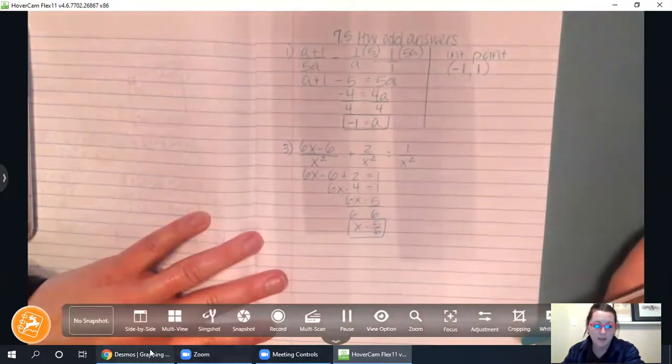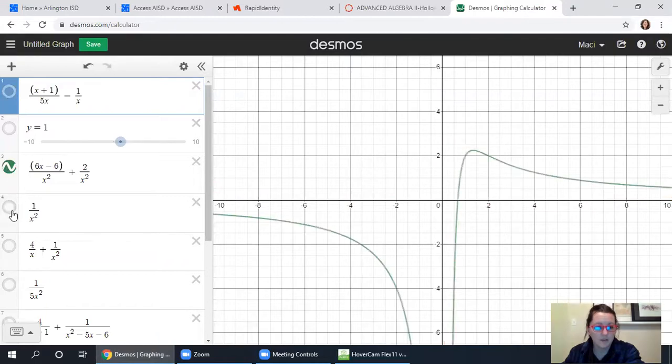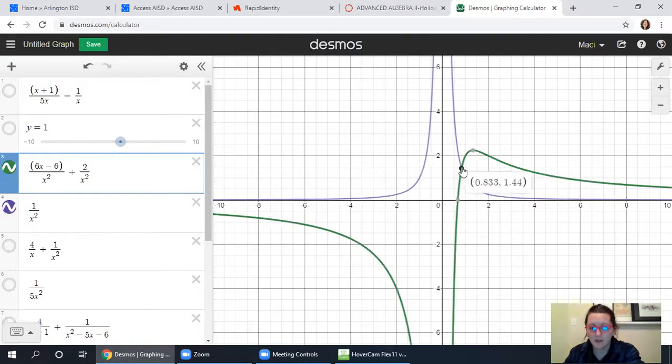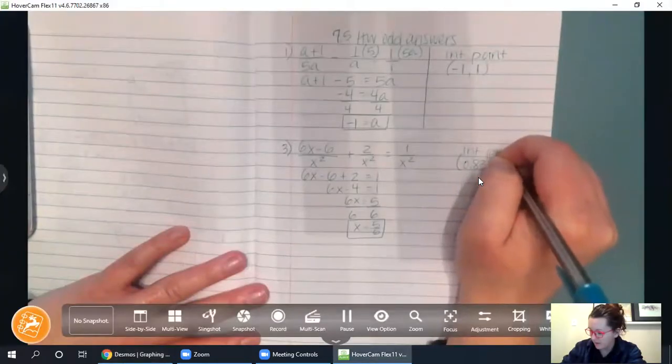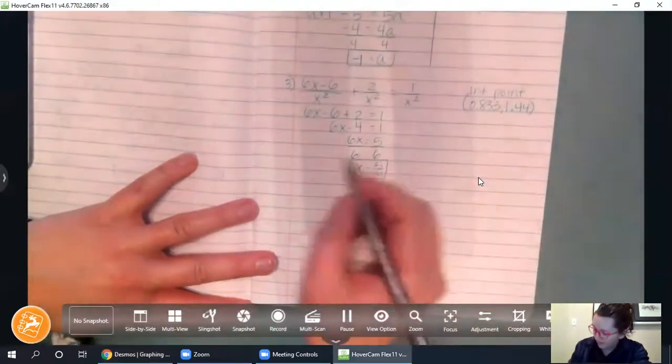So I want to hop over to my Desmos and see what that looks like on my graph. So I'm going to not show these, show this one. And I want to see if 5/6 is actually the intersection point. If I plugged in 5 divided by 6, I would get 0.833. So that is my check, which is 0.833 and 1.44. So that is the intersection point there. This tells me, yes, you did check it, and you checked it in your graph, which is totally fine. All right, number 5